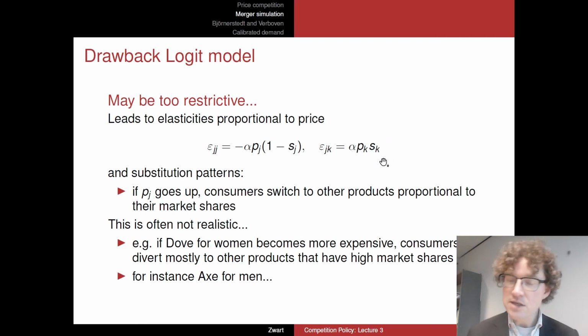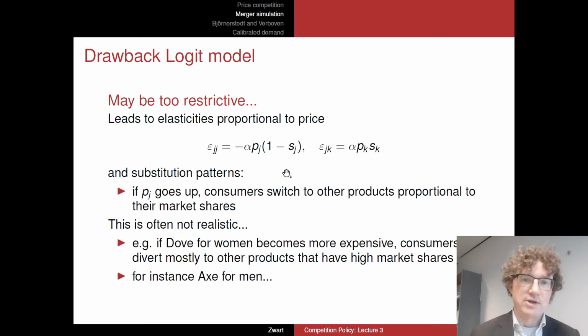So that's easy, but actually this has a slight disadvantage. It's very restrictive, so we don't have much to estimate. In particular, you see, it depends mostly, only in this case, on the alpha that we're estimating, plus on the prices and the market shares that we observe ex ante. So that makes it easy,